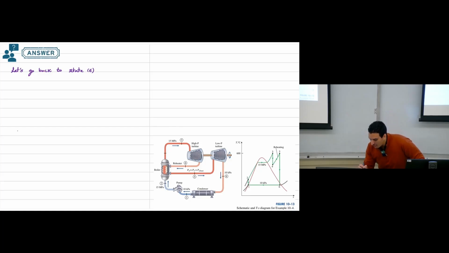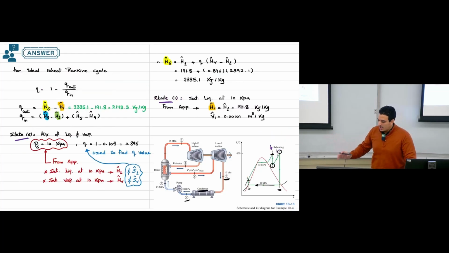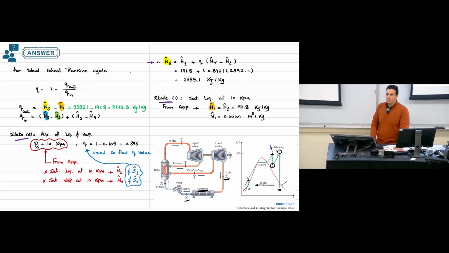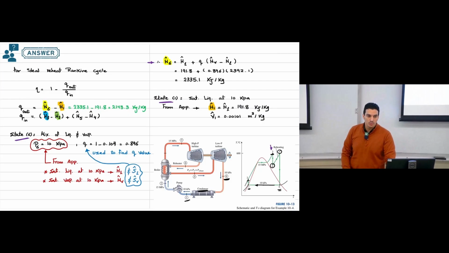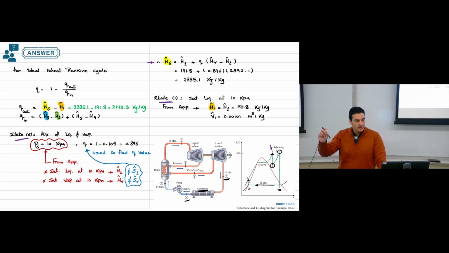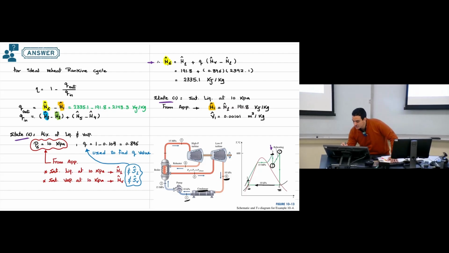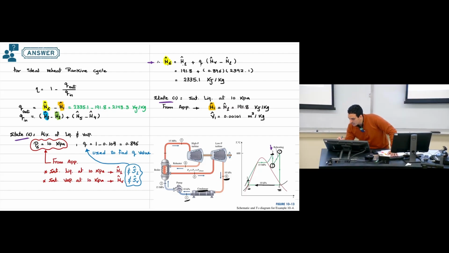And now what I need to find for state 6 is entropy at point number 6. We did some calculation for point number 6 before, right? And all of this calculation is we have this equation to find enthalpy for point number 6. So the same equation will be used. Any point in the mixture, we have the same thing that will be applied. So it will be entropy at point number 6 equal entropy of liquid plus quality times entropy of vapor minus